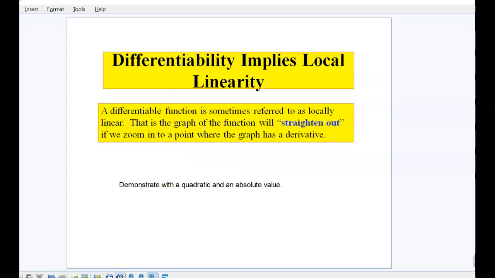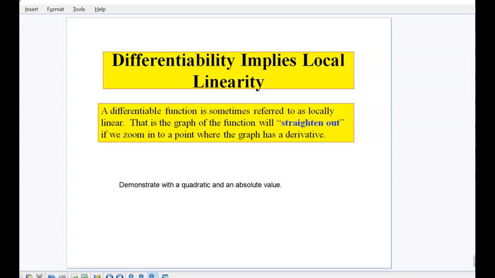Now, differentiability implies local linearity. A differentiable function is sometimes referred to as locally linear, that is, the graph of the function will straighten out if we zoom in to a point where the graph has a derivative. So basically, if I was to look at the graphing calculator,